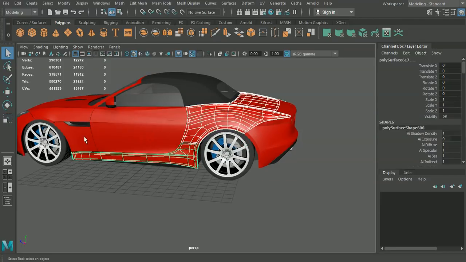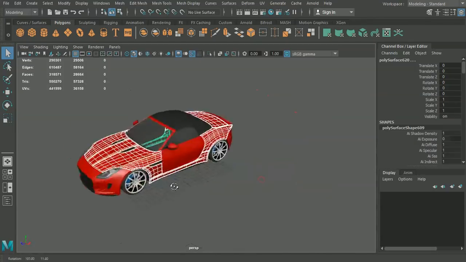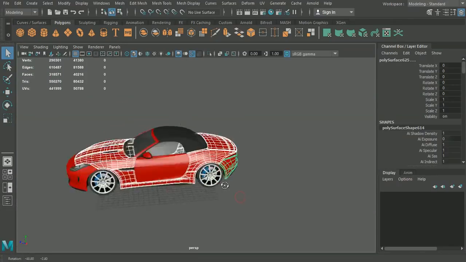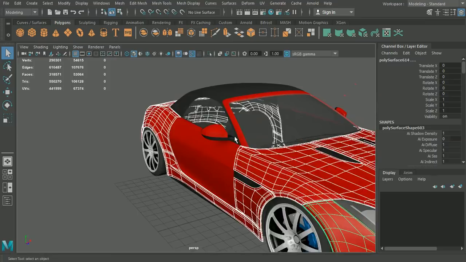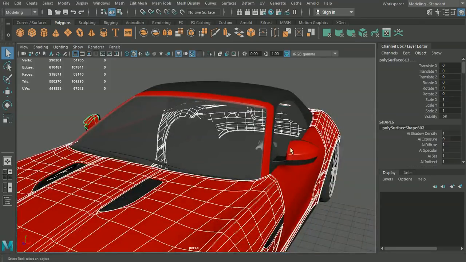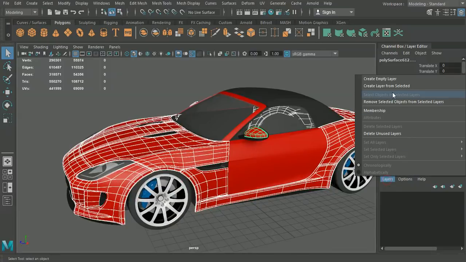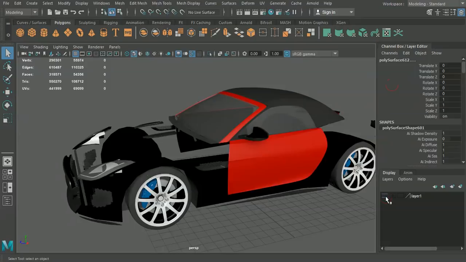So what I think we'll do is let's get all of these elements here. We can maybe go for the whole of the body actually, apart from the doors. So we'll get all of this. We'll maybe grab these portions here, and I'm just going to create a new layer. I'm going to create a layer from the selection, so it means now that all of those elements there are